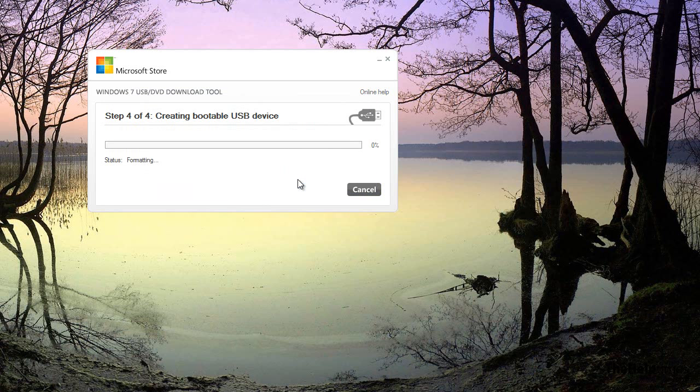Now the process has begun, and the Microsoft Store Windows 7 USB tool is copying the Windows 8 files to your USB and making it bootable at the same time. Now it's formatting. After formatting, it's copying files. It will take some time depending on your computer speed. After this process is complete,